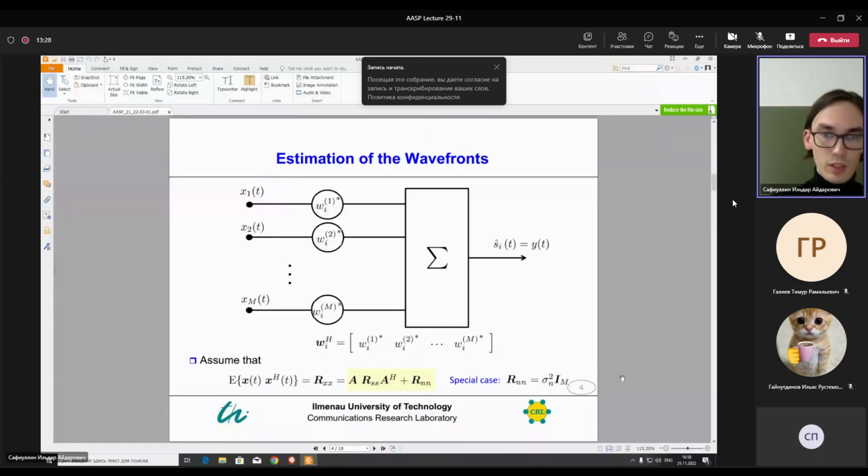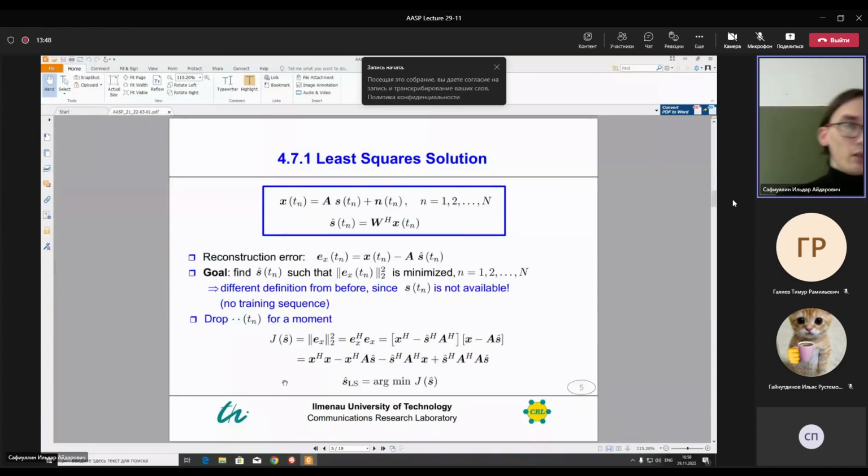If we assume a special case with additive white Gaussian noise, the correlation matrix of the noise will be equal to the variance of the noise times the identity matrix of size M, where M is the number of array elements. And then the main idea here is that we have no training sequences, and we somehow need to obtain these signals